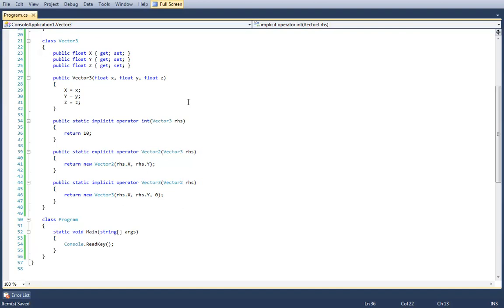Furthermore, you can't go back from this. This isn't a conversion because you really can't even go back. It's not even the same information anymore. See, this is the same information, even though in this case we get some truncation, and in this case we get some arbitrary value being passed in to satisfy the third component.